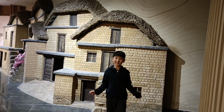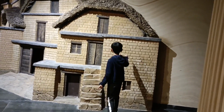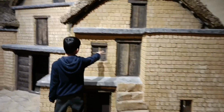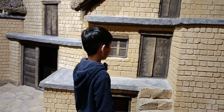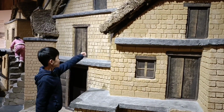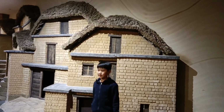This is the buildings that the Han native people use. So, they have their own style, made out of mud bricks, with small wooden doors and these windows. They're also very small to be exact, and lounges like these. And roofs that have...